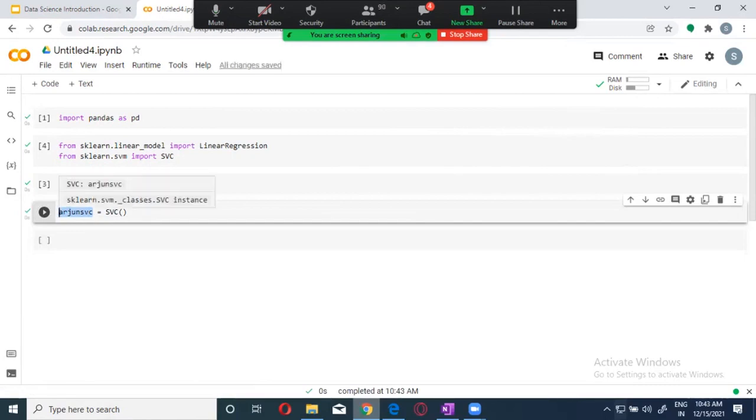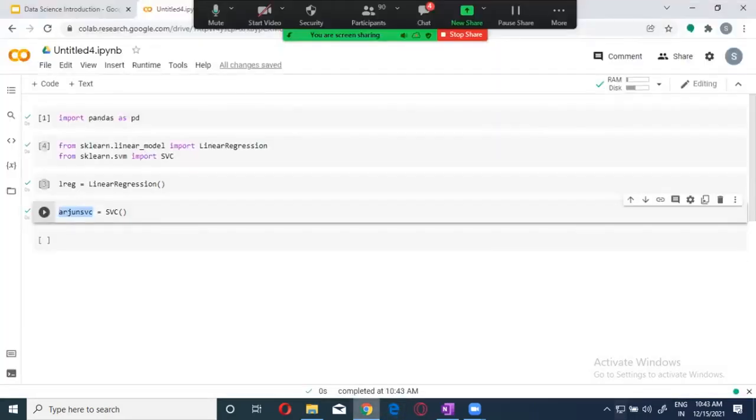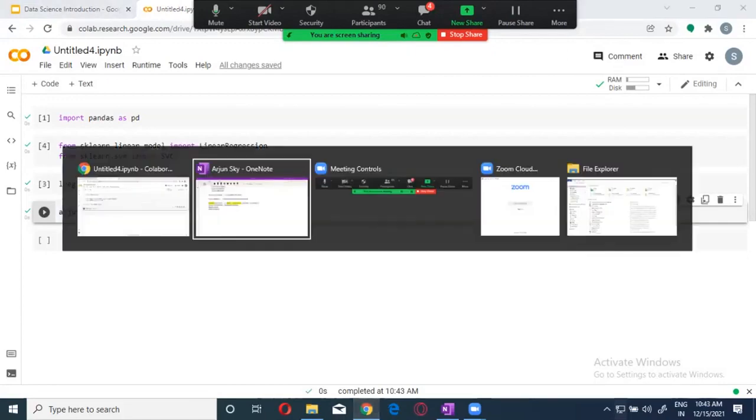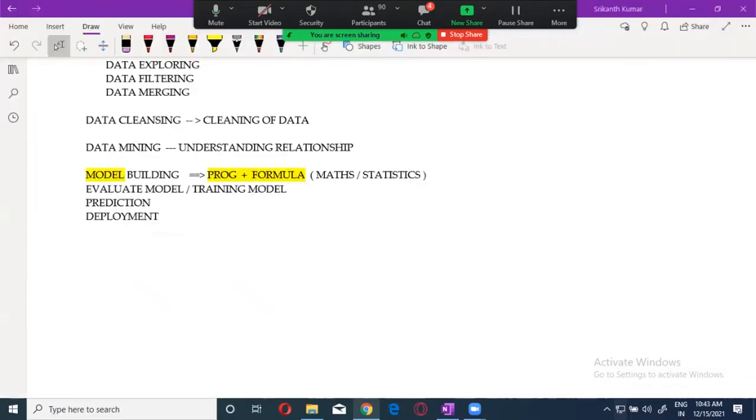I prepared the model. That's it. Now, this is not a big deal. Anyone can do it. Within minutes, you can do it. But getting the right data and training the model with the right data is a real challenge. Just like, if you are taking a very beautiful car, let's say a Mercedes, and you love that car so much, maybe a 5 crore car. You don't want to put petrol, you want to put milk into that. Will it work?